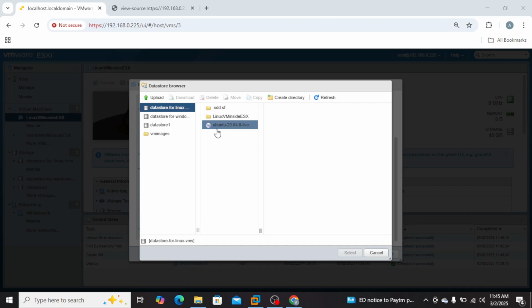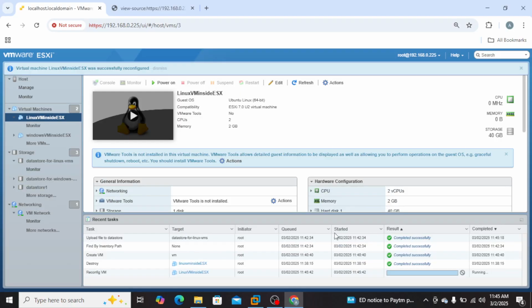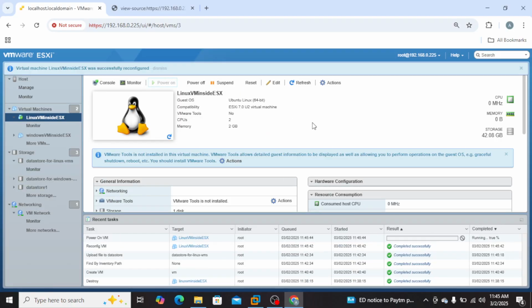Okay, so the upload is completed. You can see that the ISO image has been uploaded in this particular data store. Click on the next step. So select that image and save it. So let's go to the virtual machine,